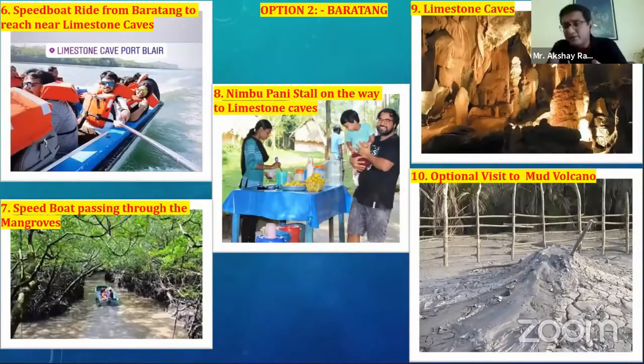From there, our driver will help him get the speedboat tickets for Limestone Cave. Then again on sharing boats, the customer will go sit and take a beautiful 20-minute boat ride, which will take him through the mangrove forest. And it's really, really exciting. After which, they will get down at the forest jetty, and then they have to walk for 1 kilometer to